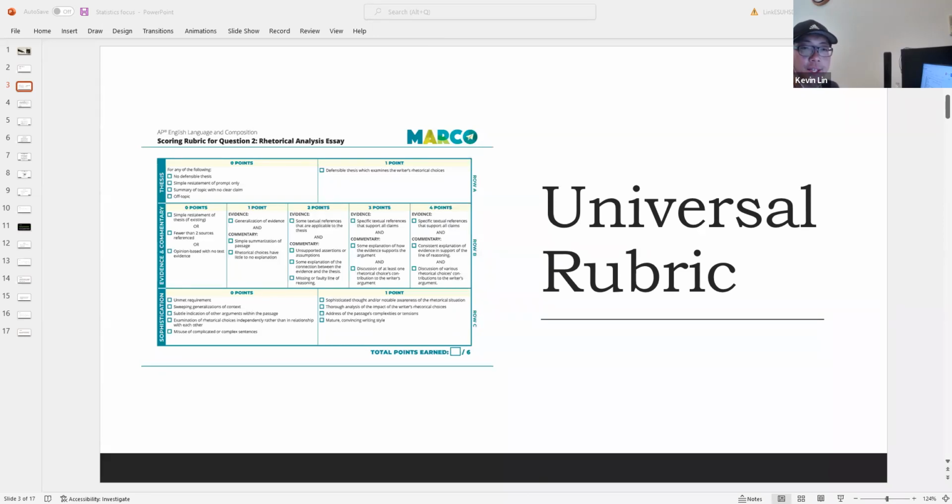So this is the folder of items we're looking at today, and the first one we're looking at is the universal rubric. The second thing you want to consider for your thesis is simple restatement of prompt only. The prompt will have language to it that you don't really want to copy and paste, you know what I mean? So if the prompt was like,